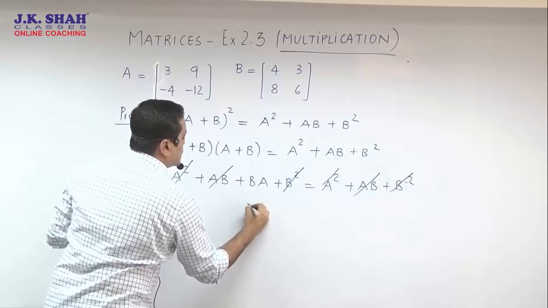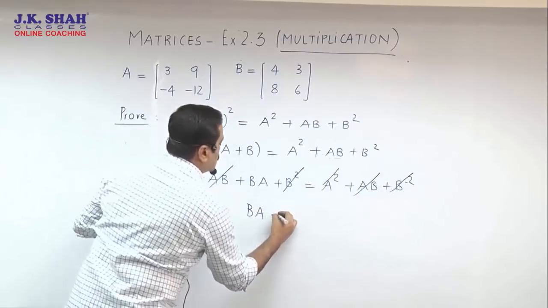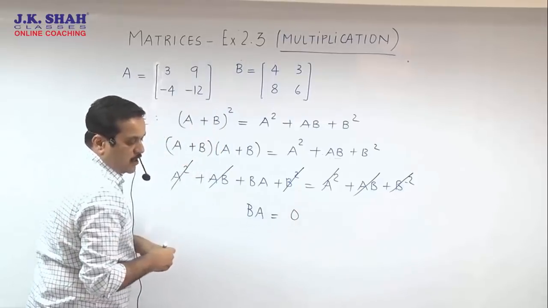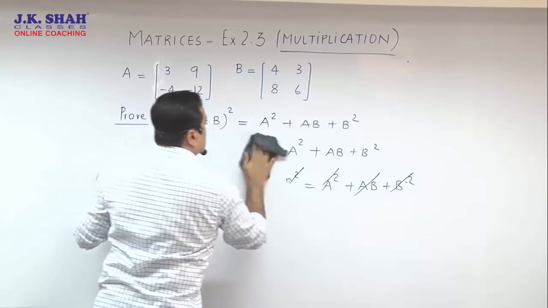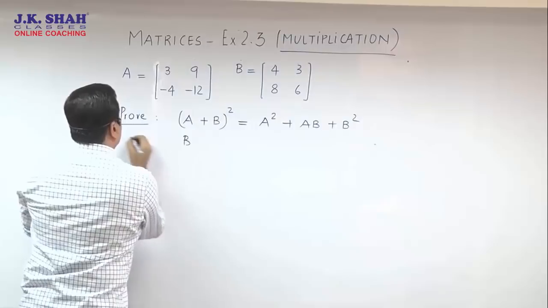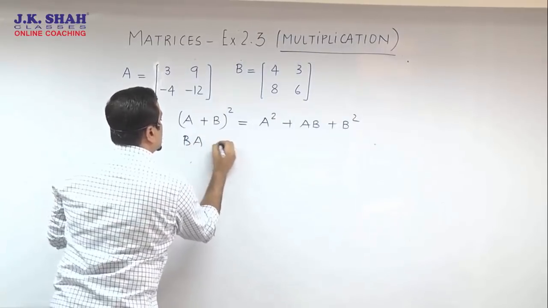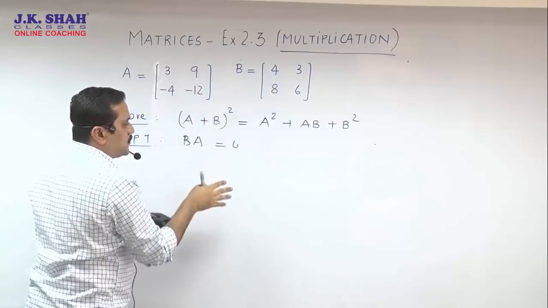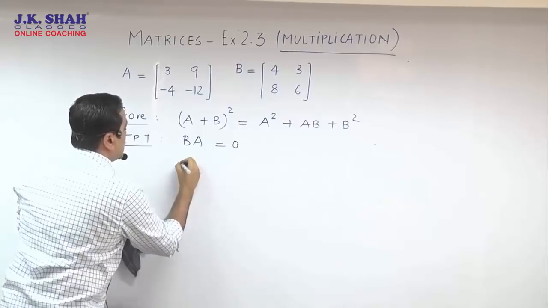So that means in place of proving that, you can see that you are just supposed to prove what? BA equal to 0. So we just need to work out BA and we need to show it's a null matrix. So finally, we prove that BA is equal to 0. You need to show all the steps. I just removed a few steps so that I get space to finish off my sum. So now we start BA.